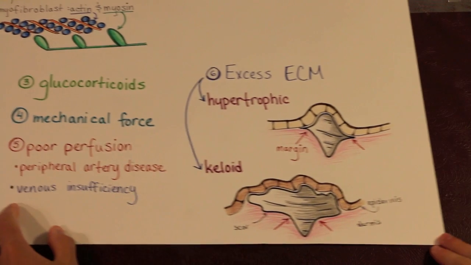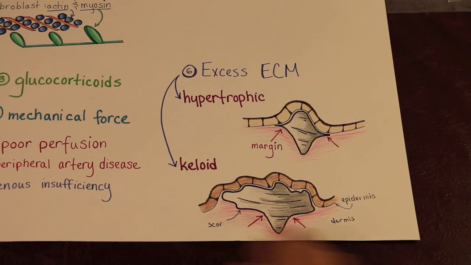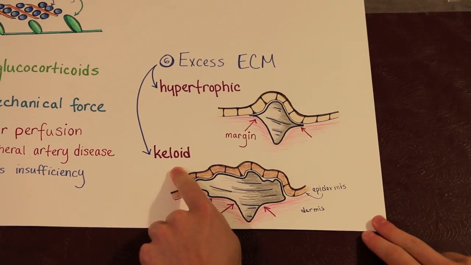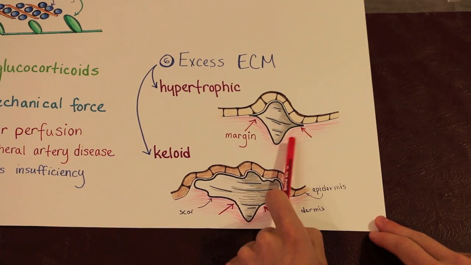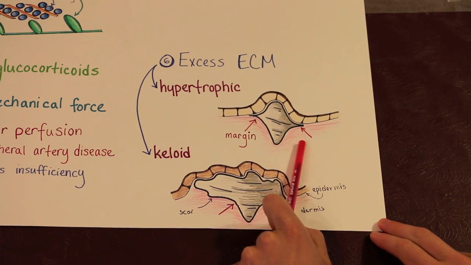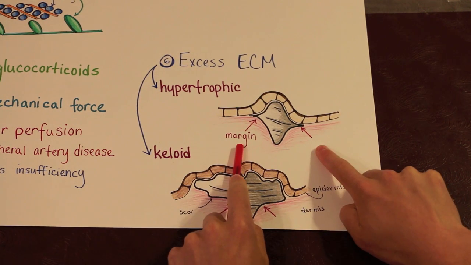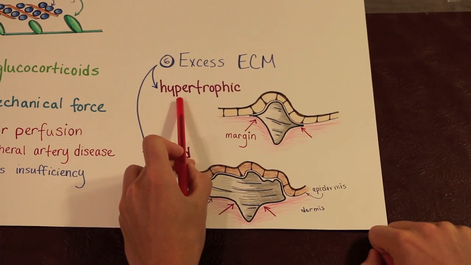Another pathological form of wound healing is excess deposition of extracellular matrix. An excess of extracellular matrix can either form a hypertrophic scar or a keloid. A hypertrophic scar is one that is raised due to excess deposition of granulation tissue that then reepithelializes over the top, but a hypertrophic scar will stay within the confines of the original scar. It's essentially just raised. A hypertrophic scar can be surgically removed and will not grow back,